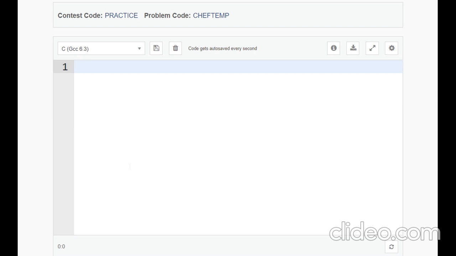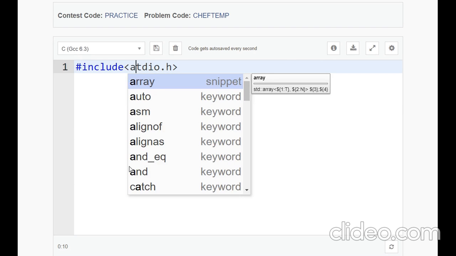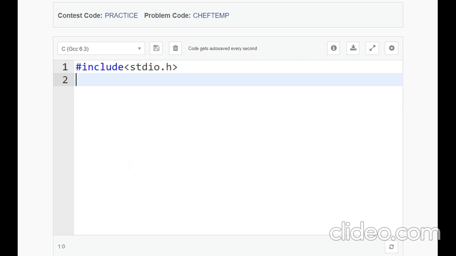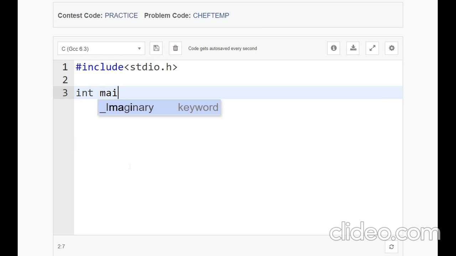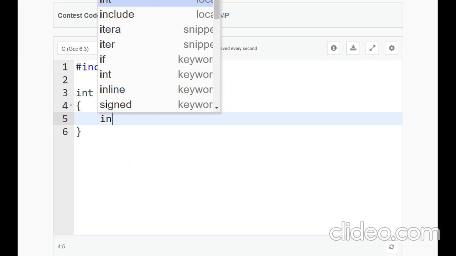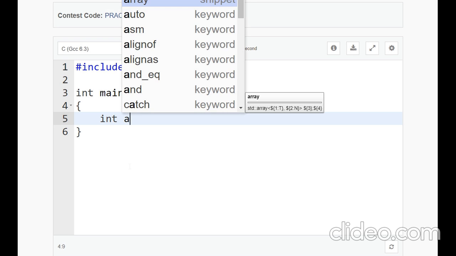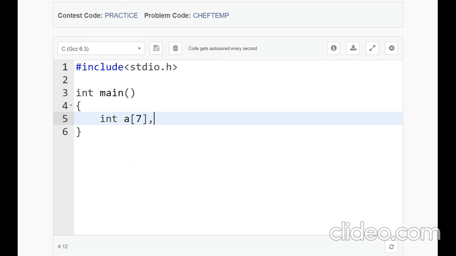Okay, so first let me include the header file, hash include stdio.h. Sorry, I typed S capital. Now after this I will write the main function, int main. Now I will declare two arrays of size 7: A of 7 that is the actual reading and F of 7 that is the forecasted reading.